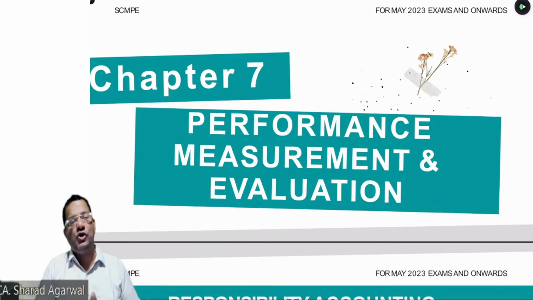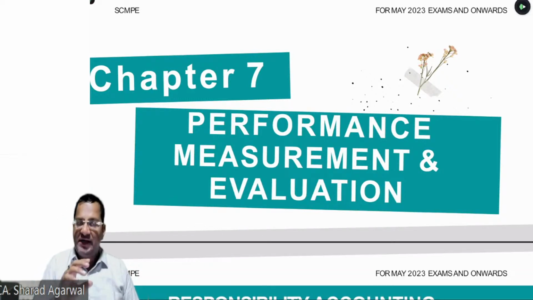Simply, what is economic value added? We will compare two profits. The first one is the actual profit, and the other is the expected profit by the providers of capital, including the shareholder. If actual profit exceeds the expectation, it will definitely create positive economic value added. But in case the actual profit is below the expected profit of the long-term providers of capital, then definitely there will be negative economic value added.